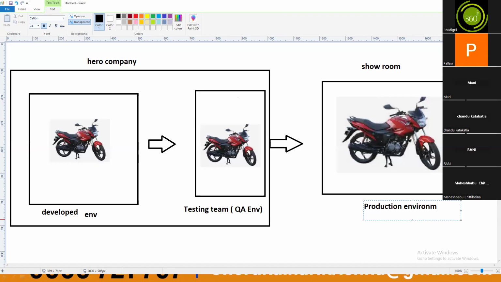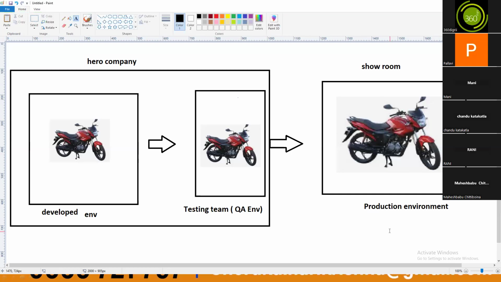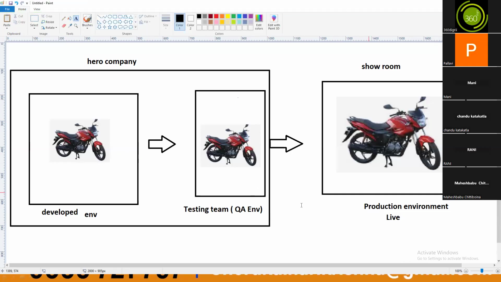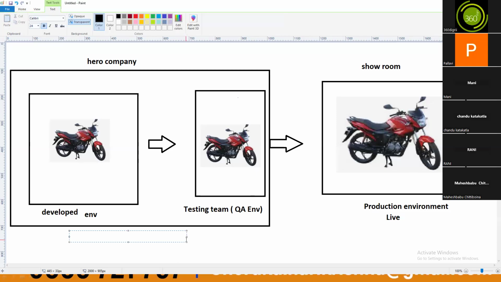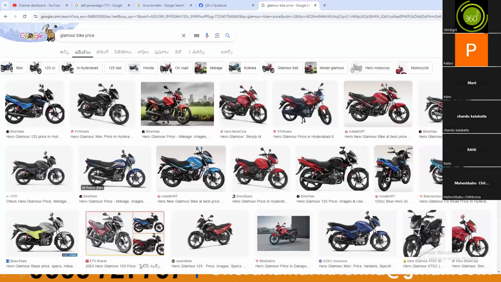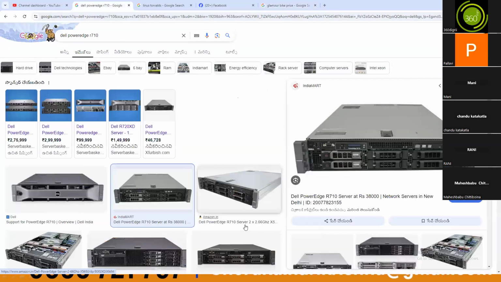environment. So which environment, guys? This is the production environment, and it's a live environment. So this is the production, and this is the non-production environment. Non-production means... So again, our application is deployed under the production environment. So before coming to production,